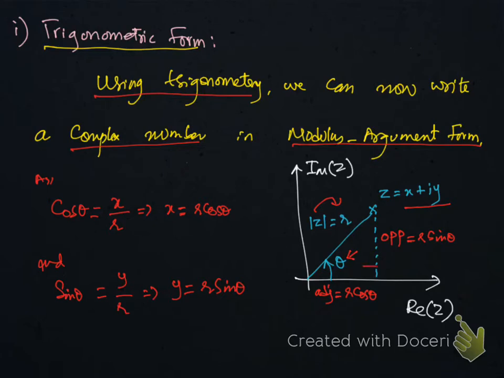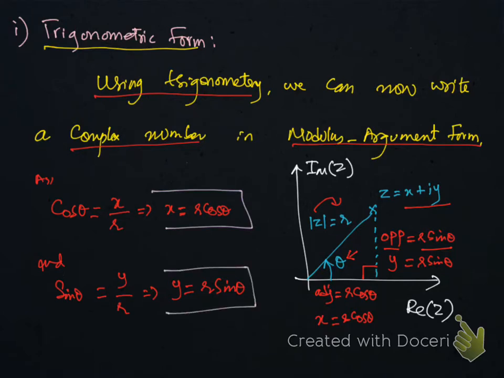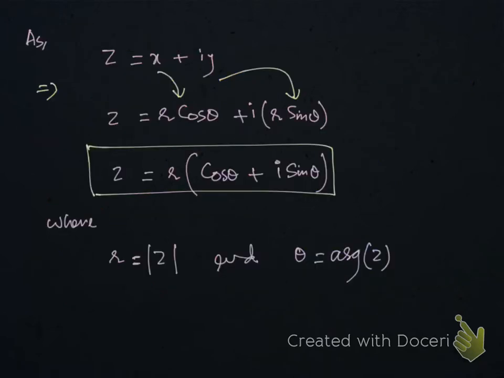Now this is the right angle triangle, so this is opposite. An opposite according to trigonometry is r sin theta, and adjacent is r cos theta. Since opposite is represented by y, y is r sin theta, and adjacent is x, so x is r cos theta. Here I have done the calculation for all of you. X is r cos theta and y is r sin theta. So by substituting the values of x and y here and here, we can get the trigonometric polar form.